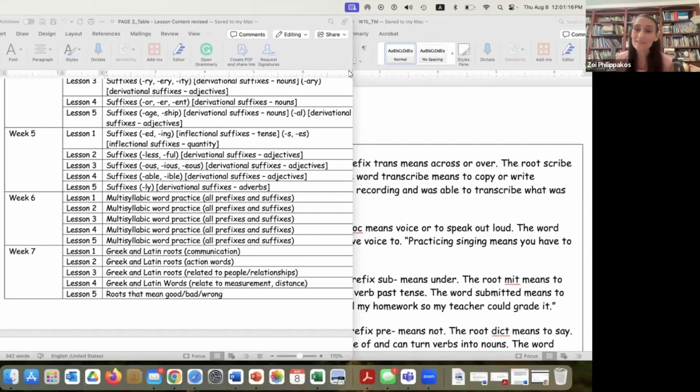As we complete the set of lessons, we're working on week 7. Week 7 and what follows is on roots. And we're working with Greek and Latin roots. The lessons and the structure are exactly the same. The teacher now needs to pay attention to the origin of the word, explain that part, but also comment on